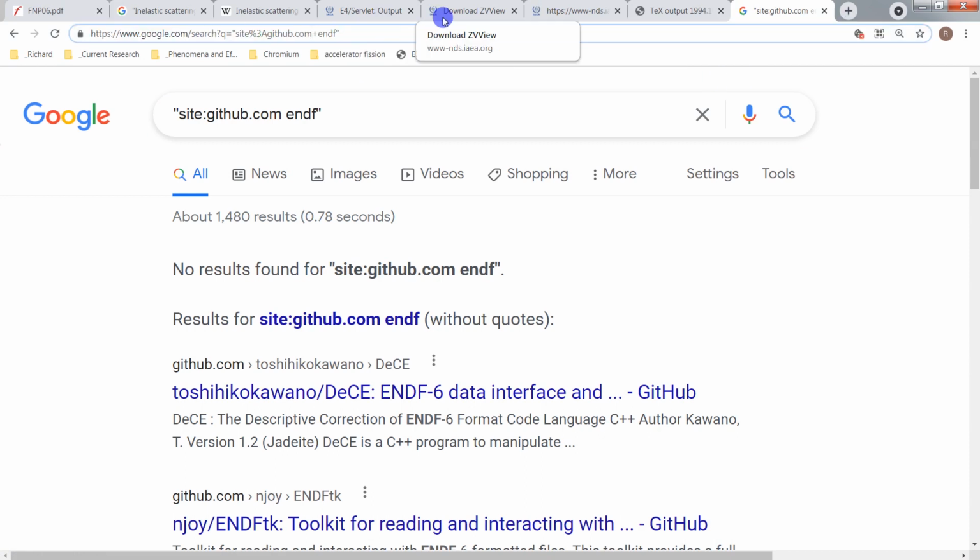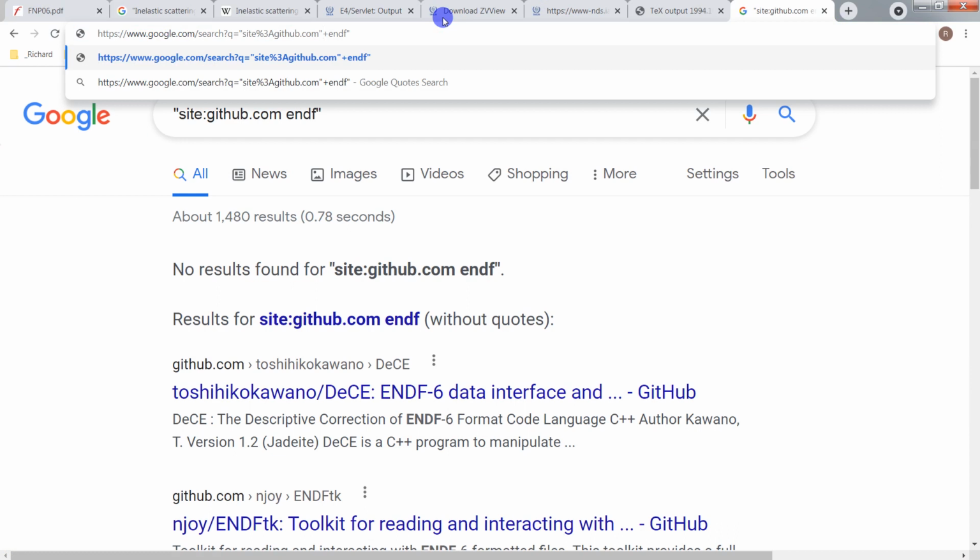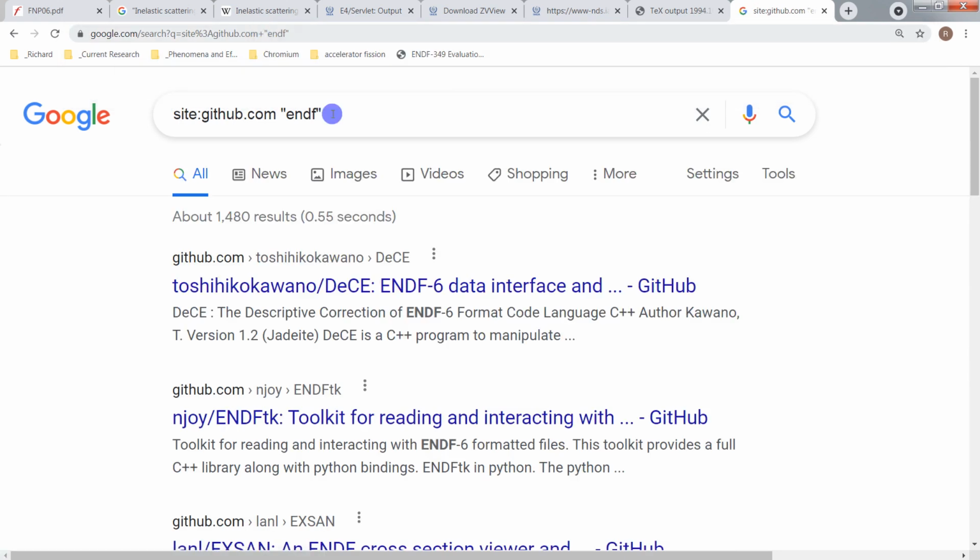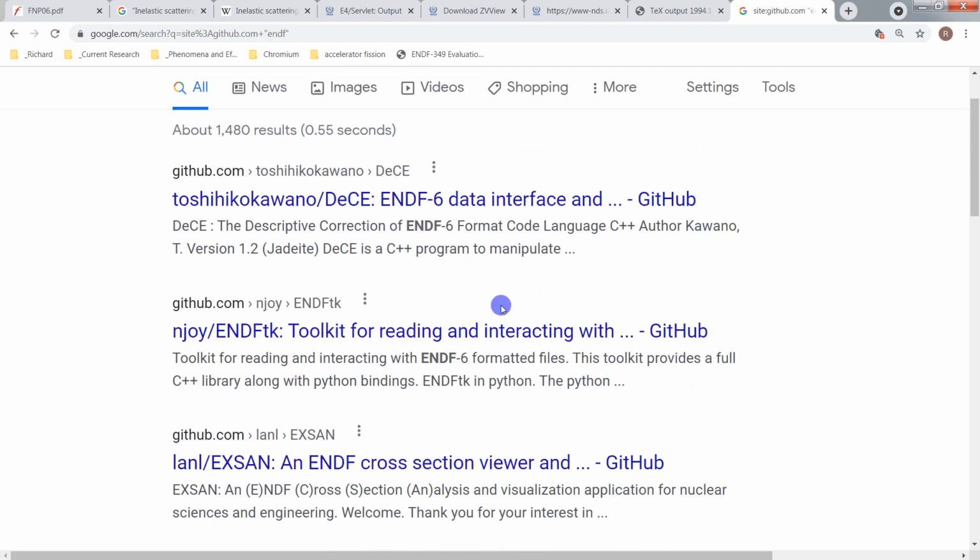The reason is I have it set so that it's automatically sticking the quotes onto all my searches. I was doing a study. I'll tell you in a minute. So site, there it goes. So there's 1,480 entry points on GitHub where ENDF is mentioned, and I just hadn't had time to do that one. So I went to find your stuff, but whoever I'm talking to here,